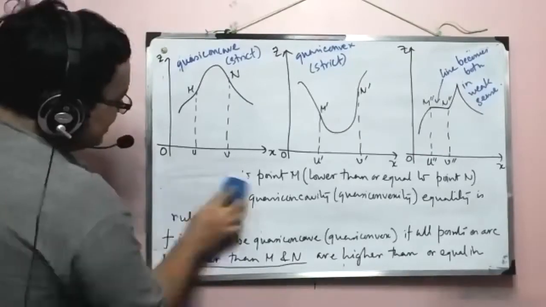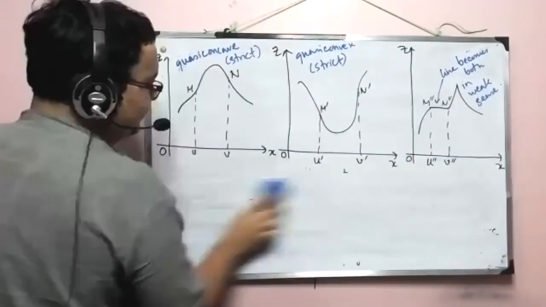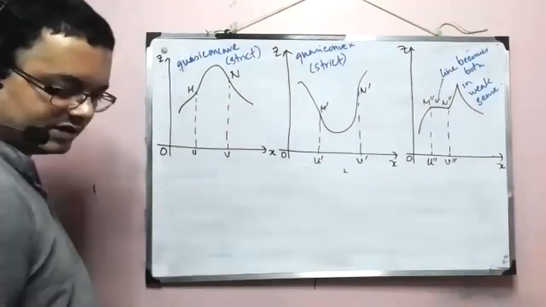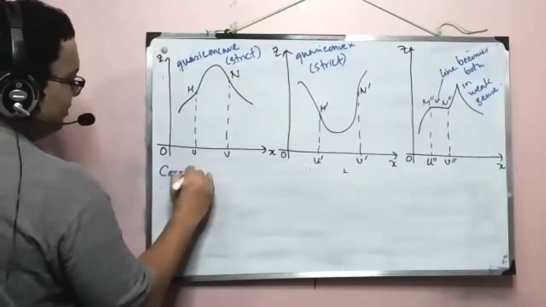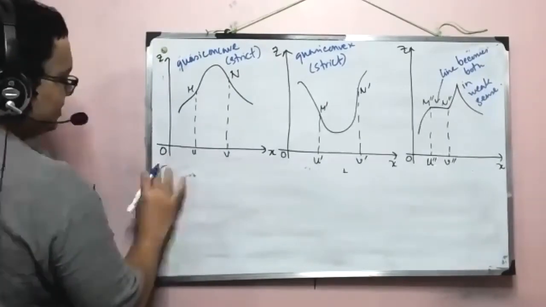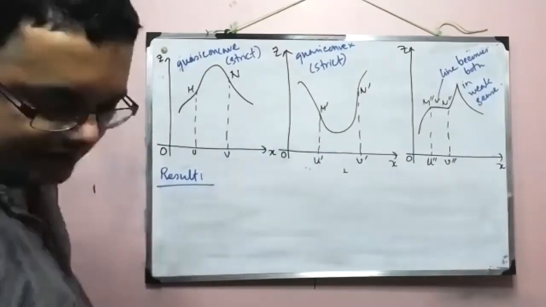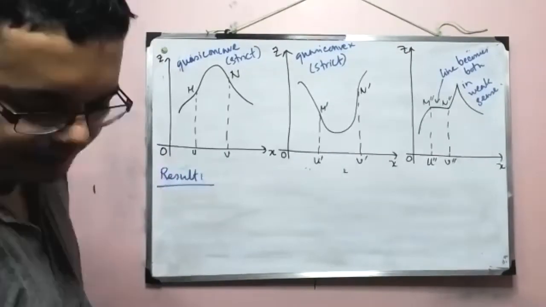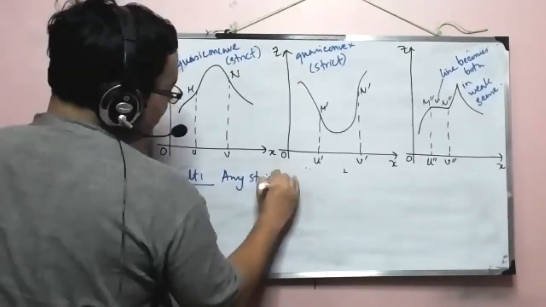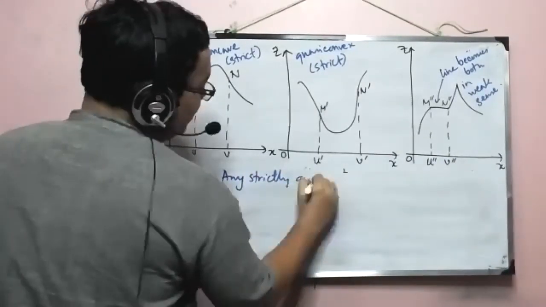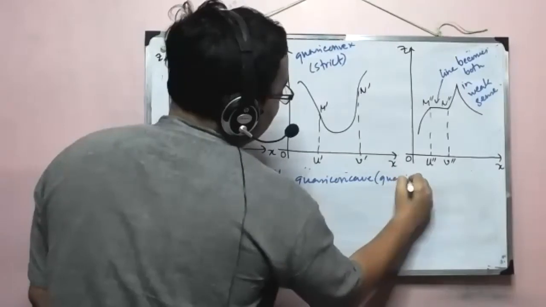All right. So this takes us to a very trivial result. Let's just say a corollary. So it takes us to a very trivial corollary. Okay, let us write the result here. So what is the result? The result is: any strictly quasi-concave (quasi-convex)